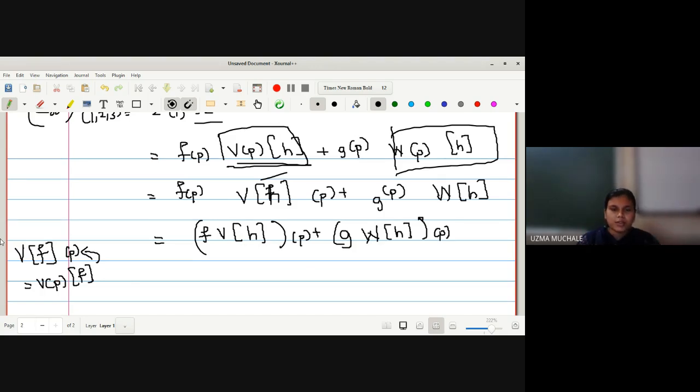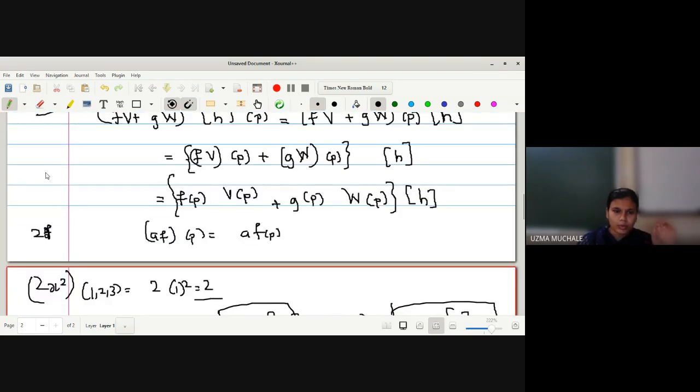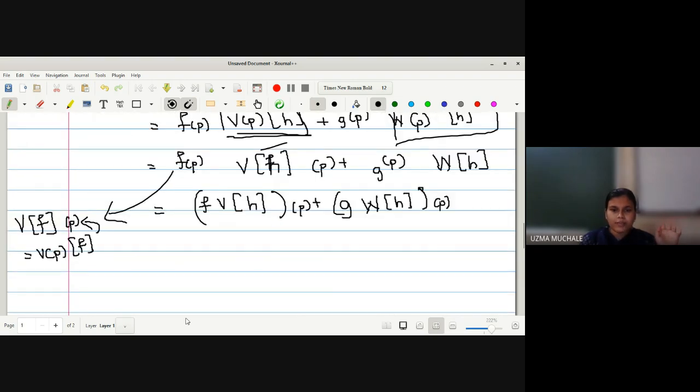So you should write down the reason at every step, just like I have written here the reason for the step, how to perform this one. Earlier I have written the definition of how to apply this AF of P, and here also I have told you the reason, how to apply the point wise application. Simply you have to write down the reason at every step so that you can understand what you have done. Otherwise you will feel that first a point P was taken, then taken out, then taken in again. So at every step you should know what we have done.